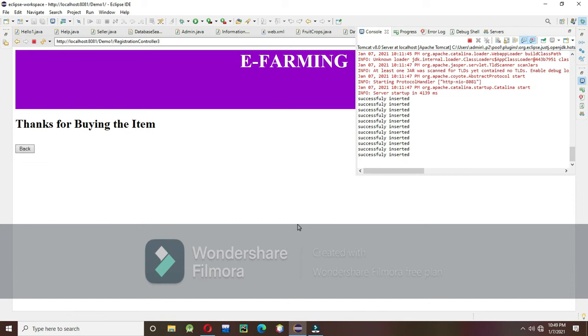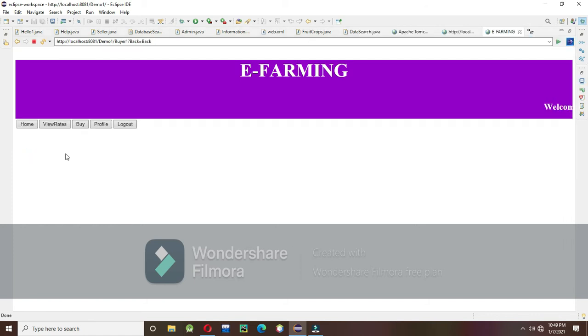In this way, the users can buy any item. When the user buys any item, a message appears saying the product was bought successfully, or thanking for buying the product.